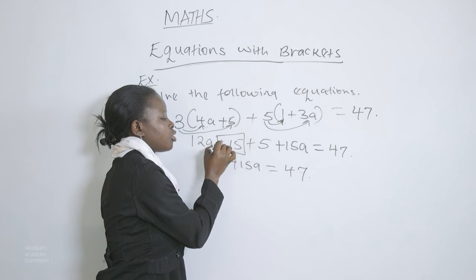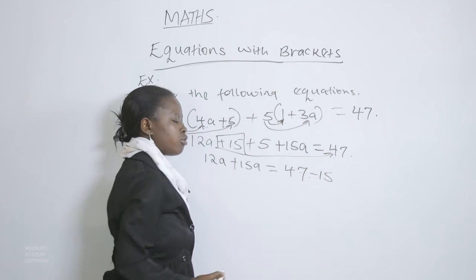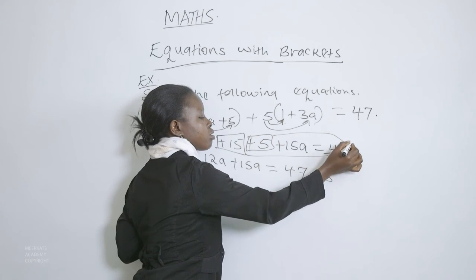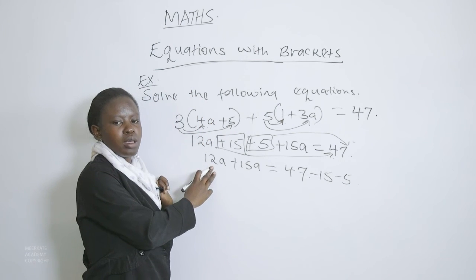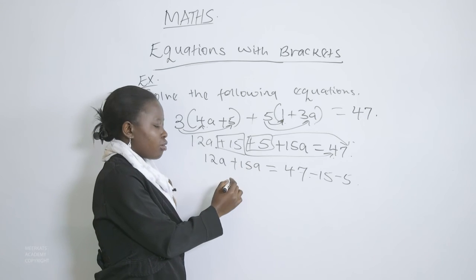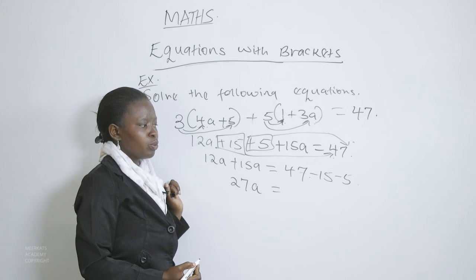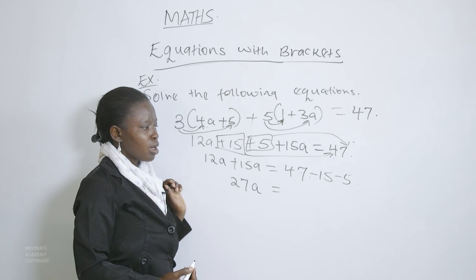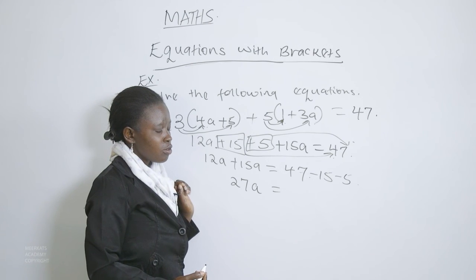This is plus 15. When it crosses the equal sign, it becomes minus 15. This is plus 5. When it crosses the equal sign, it becomes minus 5. So that 12a plus 15a will give us 27a is equal to 47 minus 15. We are having 32, and 32 minus 5